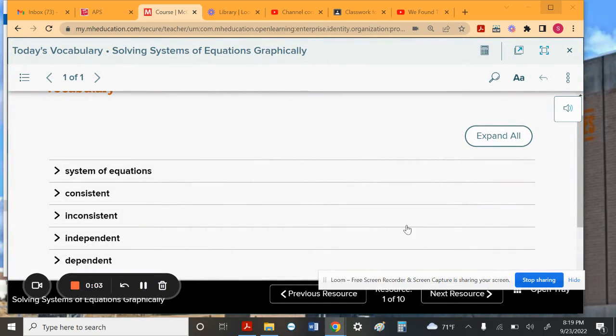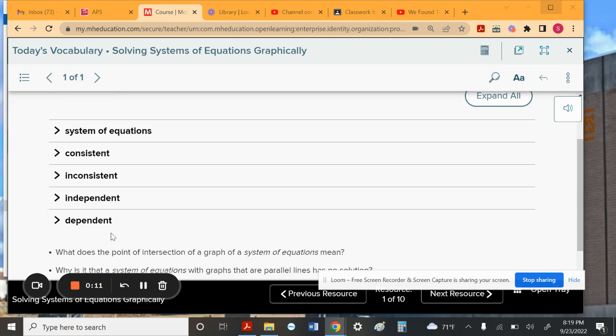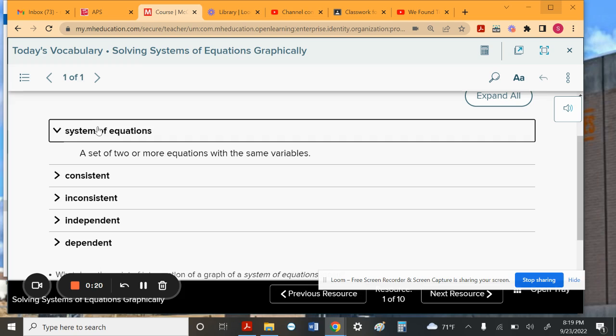Okay, so let's get into the next section. So first thing that we want to do is identify some of these definitions. This is one of the first times where I'm telling you you need to make sure you know what these four things mean. So first off, a system of equations just means that we have two or more equations